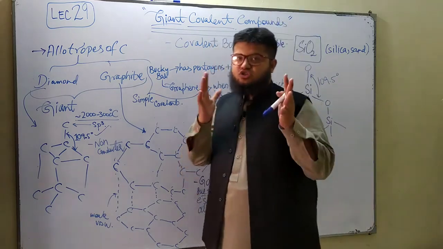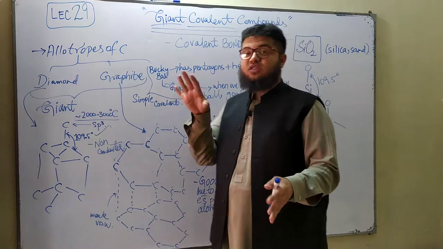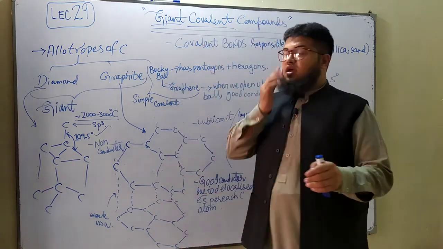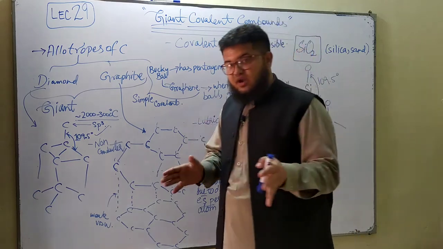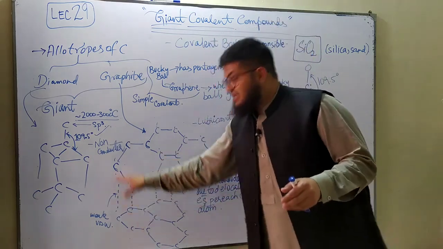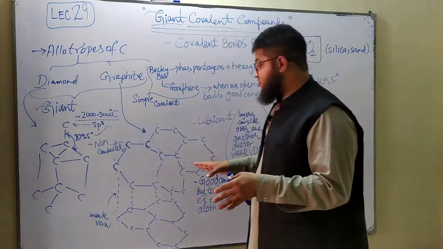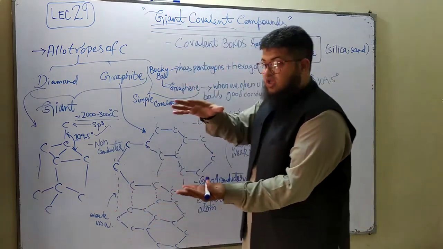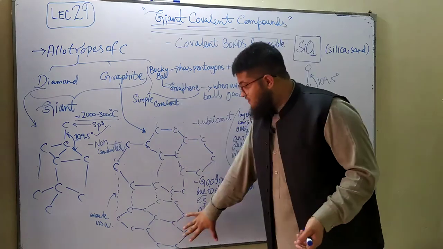But if you are asked to determine the main force responsible for the high melting point of graphite, then of course it's going to be covalent bonding. Okay, not the intermolecular van der Waals forces. Now, what is the significance of the intermolecular van der Waals forces? The significance is that these forces and the space in between these molecules, they allow the graphite to act as